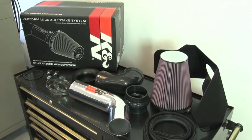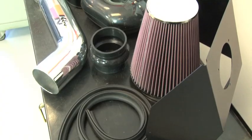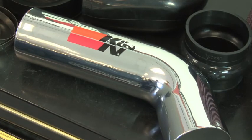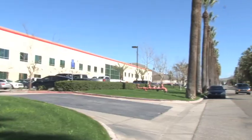This K&N air intake system is designed to increase vehicle power and acceleration by reducing restriction in the intake path. The 77-3023 KP air intake system is not legal for highway use in California or other states adopting California emission